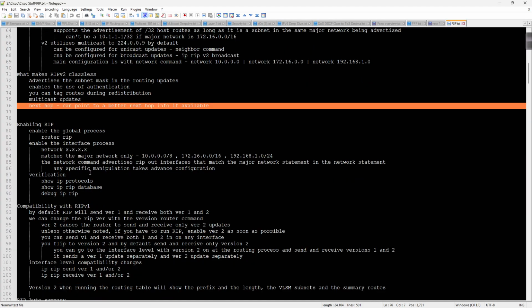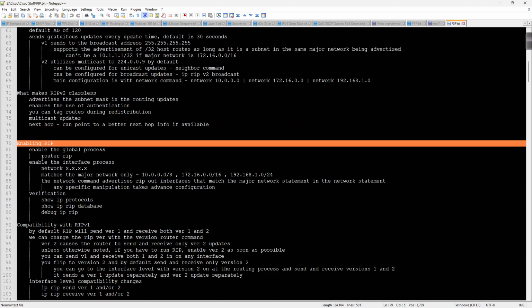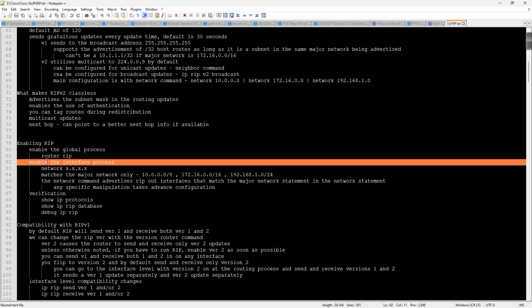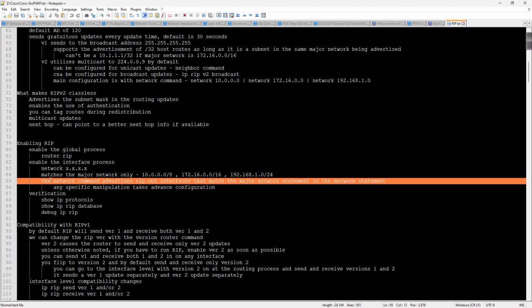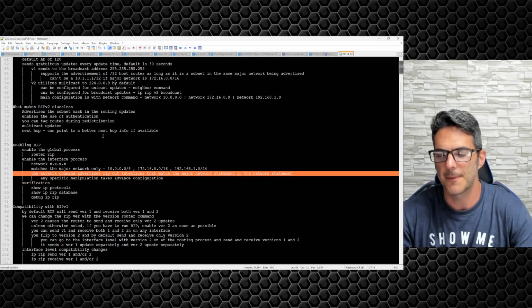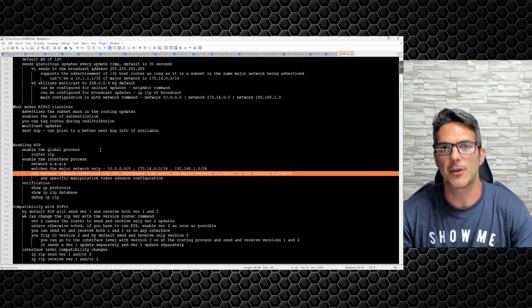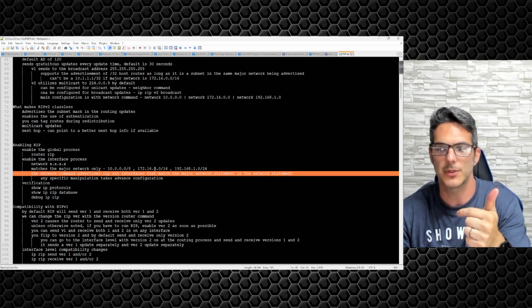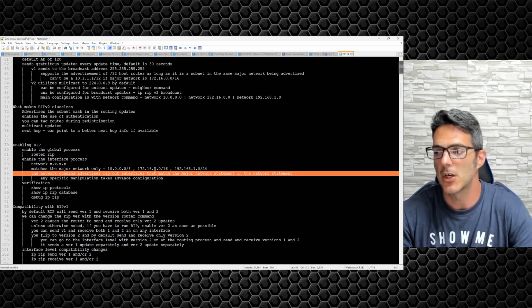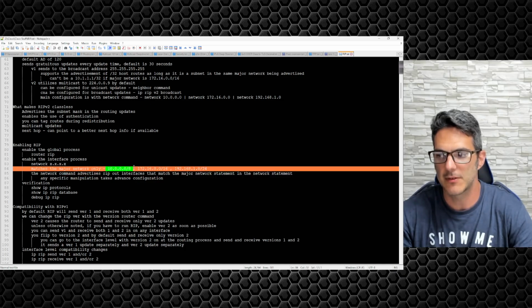So as you get into how to enable RIP, you enable it globally, router RIP, you enable the interface process, so you type in the network statement, so any one of the RFC 1918 address blocks. The network command advertises RIP out interfaces that match the major network statement in the network statement. What that basically means is, if you didn't already know this, let's say you have 3 interfaces configured on your router, one in the 10 network, one in the 172 network, and then one in the 192.168.1 network. What will end up happening is when you use the network command of 10/8,